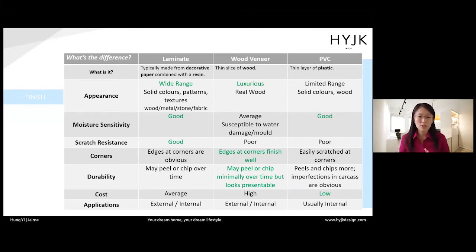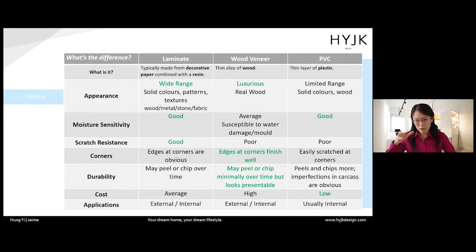So applications usually are for the external part of the cabinet and the internal. Internal means when you open the doors, what you see inside. So you can use it for external, you can use it for internal. Most commonly, people use laminate for external, and PVC for internal. PVC comes in two cost prices. One is the white base, which means when you open up everything is white. The other one is colored or wood grain. Usually colored and wood grain are the same price, and it's a bit more expensive.